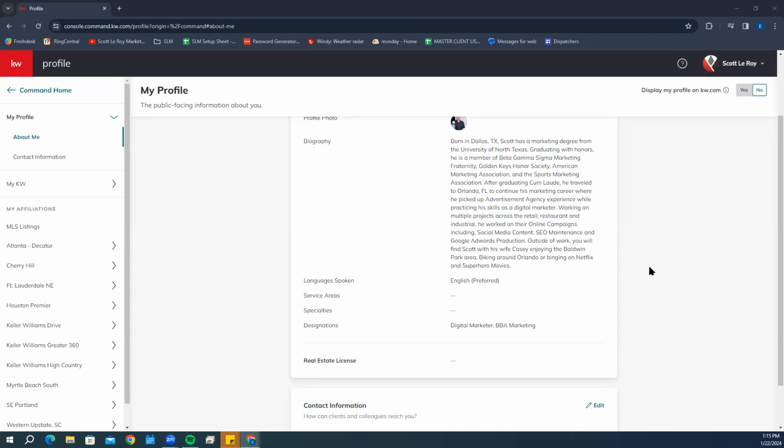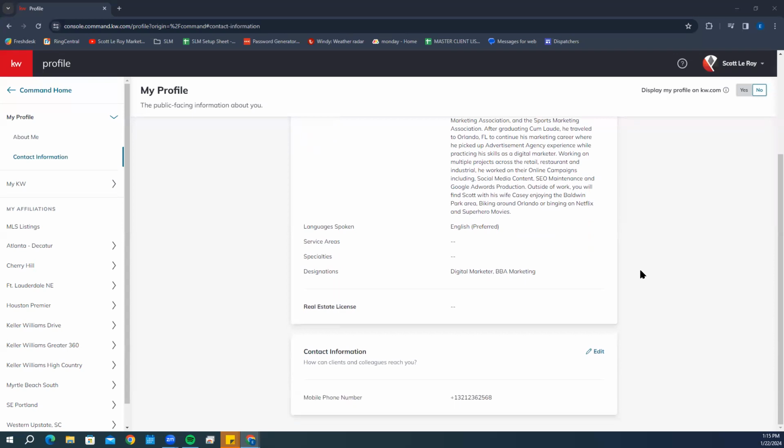And then below that, we have our contact information. This is going to show you the phone number of how clients are able to reach out to you. So make sure that this is a number that you would like to be displayed. So on the left-hand side,